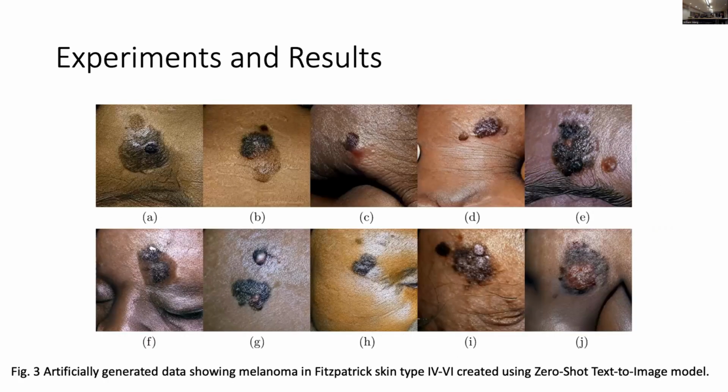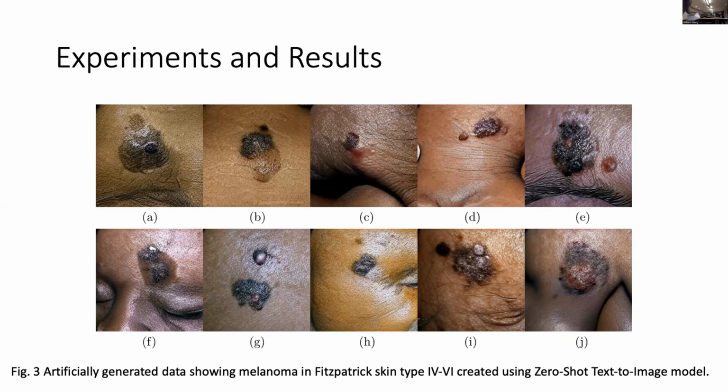As you can see here, these are the images that we were able to generate using these zero-shot text-to-image models. And of course, the evaluation of a skin lesion from a single image at a given quality is very complicated, because in clinical practice, for example, it is common to investigate the lesion during a personal examination using dermatoscopes. That basically allows us to have a better observation of edges, internal structures, changes in colors, and so on. And of course, dermatologists are able to touch the lesion, feel it, and so on.